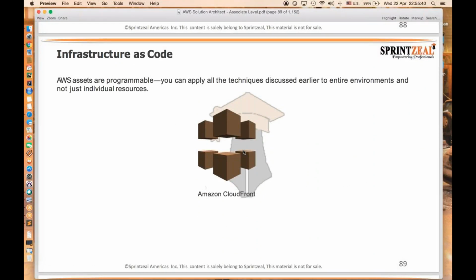The next slide is infrastructure as code, and AWS assets are programmable. So you can do some kind of coding, but not in all the services. You need to know which services can be programmable in order to achieve what you intend to do with them.